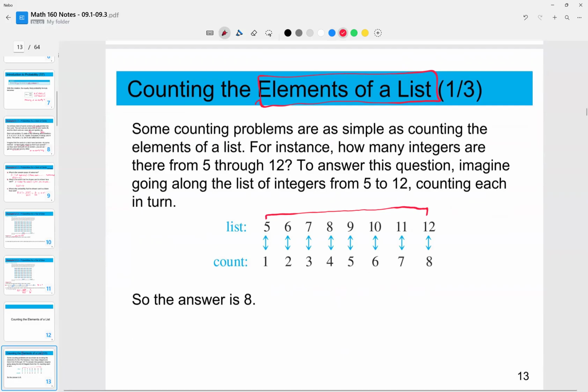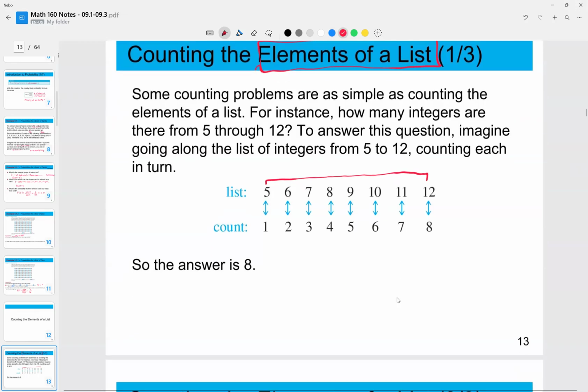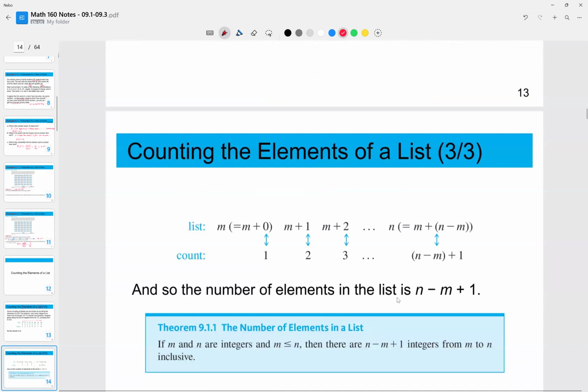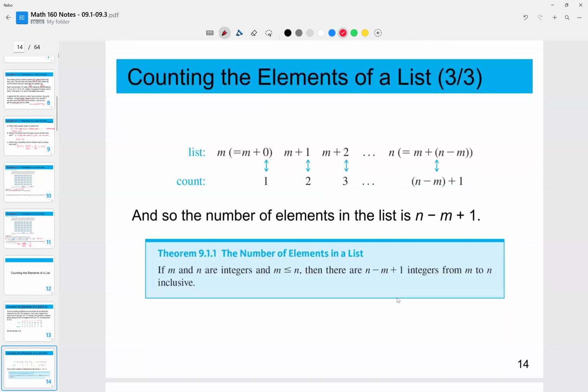But that is a general principle. Sorry, my screen is messing up again. Okay, so that is a general principle, which is that if you have a list of integers from M to N, and we want to include both M and N, then the actual formula is a little bit weird. It's not strictly N minus M, it's N minus M plus 1. So as an example,